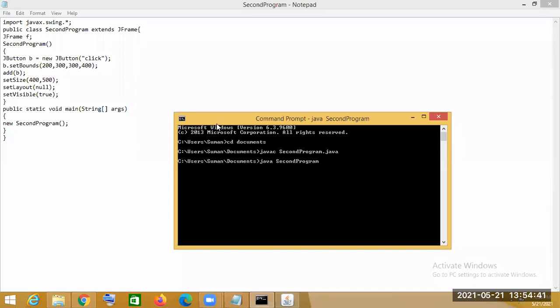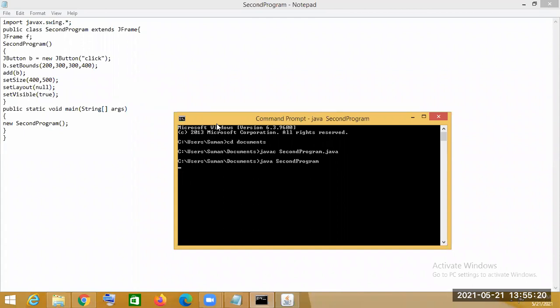In the case of the button also, here you can see JButton, but in AWT we have seen that it is Button. So when we use Swing, it is known as JFrame, JButton, JTextField, like that. So that's how, by extending this predefined JFrame class, which is predefined in Java, we can do this program. Now I will show how the event handling code can be used in this button.